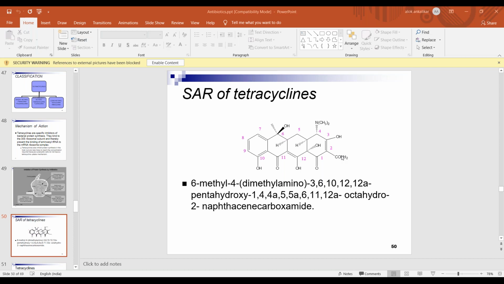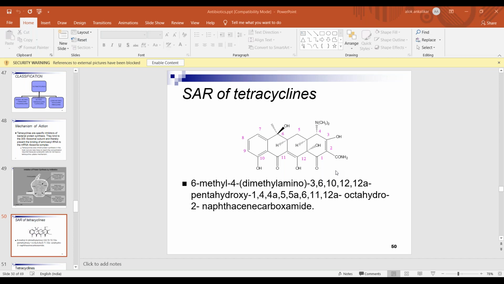Whereas having too much of or a bulky substitution at carbon 2, 3 and 4 is not tolerated. Usually there will be loss of activity. So what you see over here now at carbon 2, 3 and 4, like you see a hydroxyl group or you see an amide group, this should be maintained. If this is not maintained, then there is going to be loss of activity.